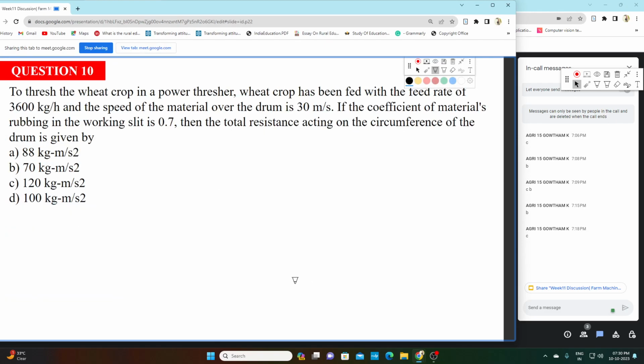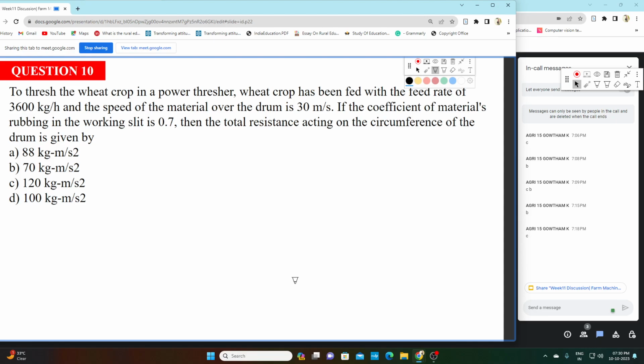Now we are moving to the last question. Again, a numerical type of question. To thresh the wheat crop in a power thresher, wheat crop has been fed with a feed rate of 3600 kg per hour, and the speed of the material over the drum is 30 meter per second. If the coefficient of the material's rubbing in the working slit is 0.7, then the total resistance acting on the circumference of the drum is given by